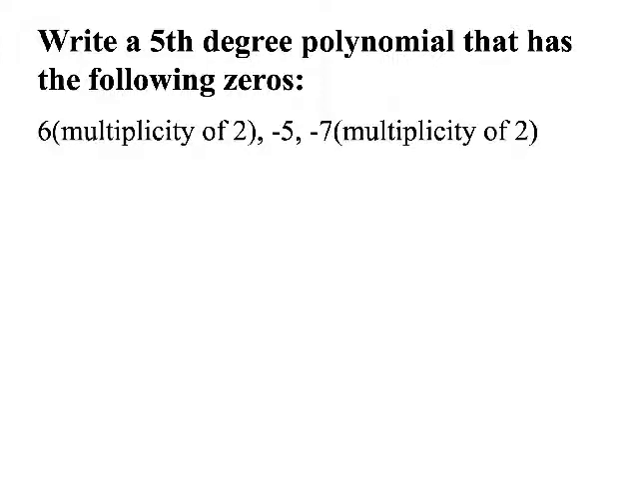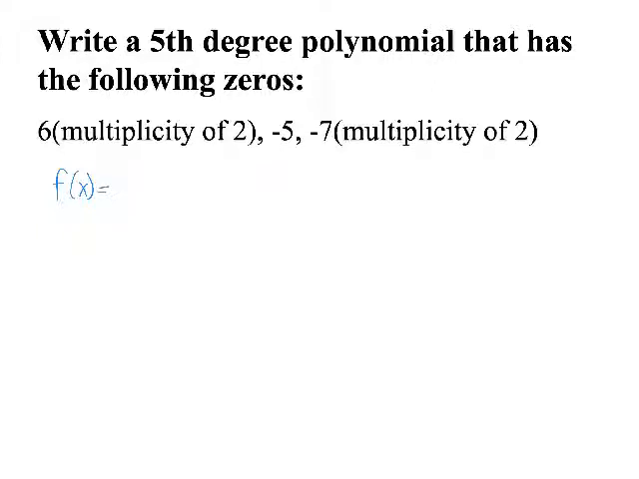Alrighty, for this one, I want to write a 5th degree polynomial that has the following zeros. So it's probably going to be in factored form. That just makes it easier. And to make a polynomial, you first have to make an equation. So we want a polynomial equation here. So this would be f of x equals